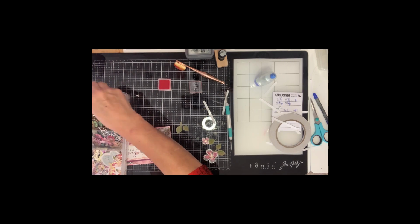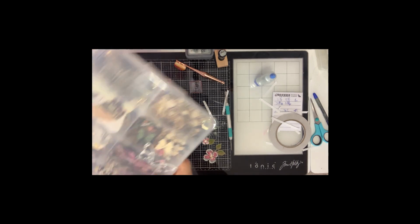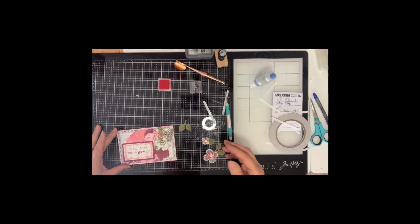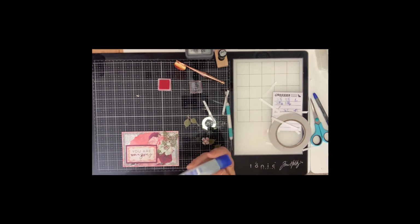You could also, if you've got wood ones, use a wood one, or if you've got metal, you could use a metal butterfly. There's a lot that you can do. So I do keep a lot of butterflies in my stock of things that I'm going to use, because I use butterflies a lot. Now we're just going to stick